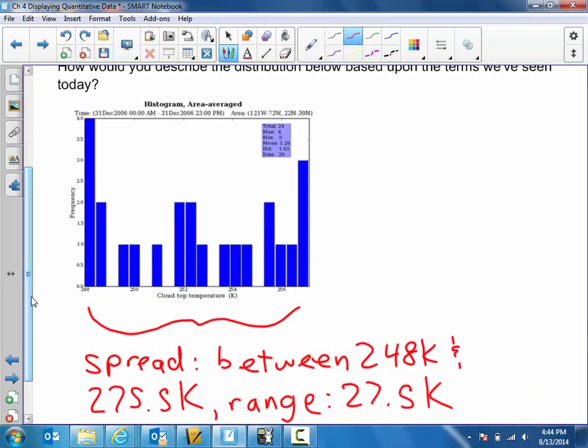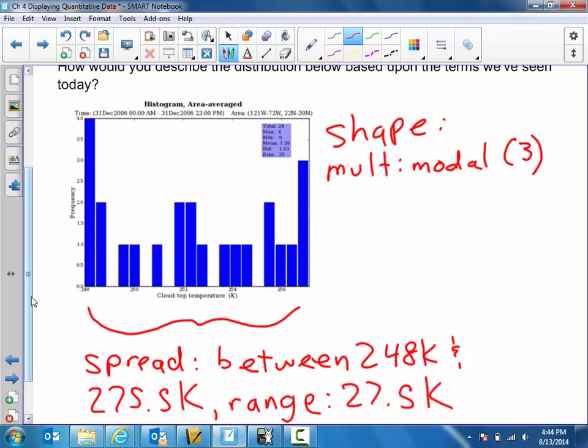Okay, so we have a lot of terminology for describing distributions that we've seen. How would you describe the distribution based upon the terms we've seen today? So in terms of the shape, we've hit spread. The shape. And you will need to do this in complete sentences. I would get in the practice of doing that in your homework, but for quizzes and tests, I need complete sentences because that's important on the AP exam. The shape, I would say, is multimodal. Okay, and I would report that you've got what looks like 3 modes. Maybe, I mean, you could argue a 4th here. That's fine, but at least 3